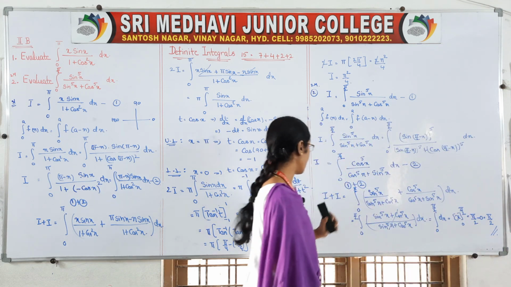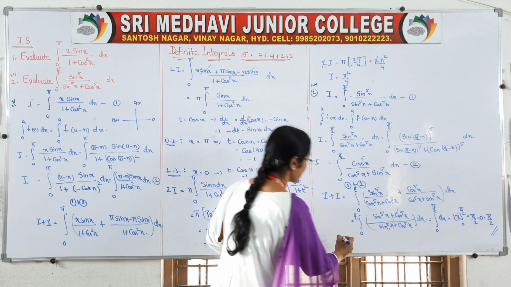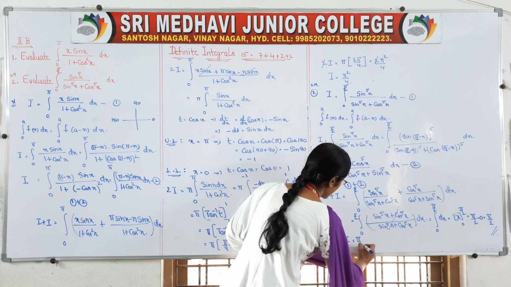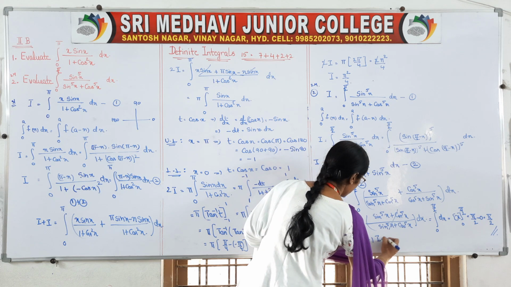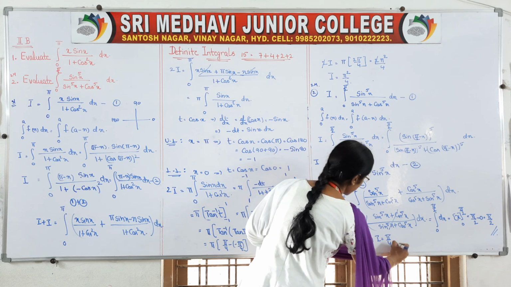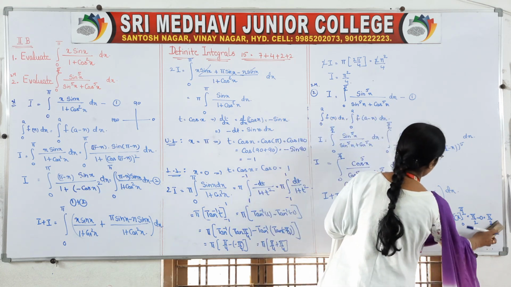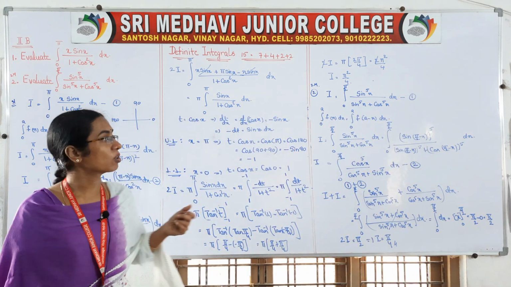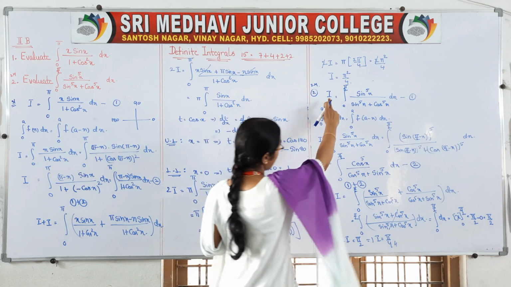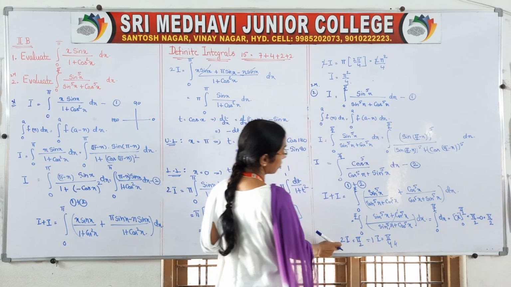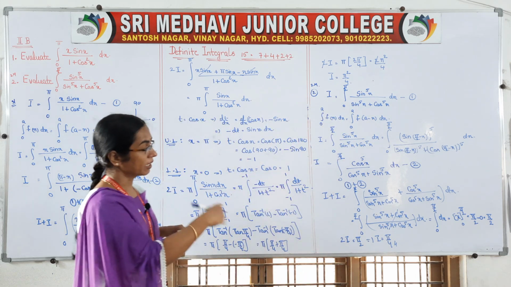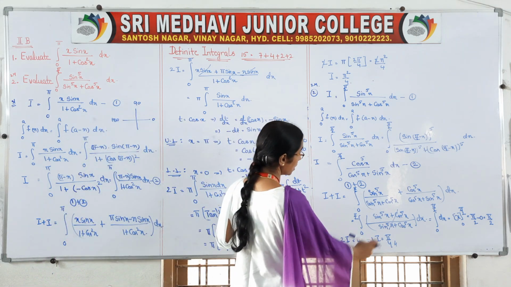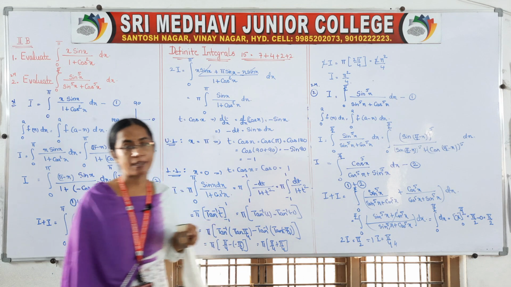That is the answer. It is 2I, so be careful. 2I is equal to pi by 2, so I is equal to pi by 4 is the answer. Actually we got the value as 2I, but in the question we have taken that as I, so at the end we have to get our I value. Send this 2 to that side. Already downwards 2 is there. 2 times 2 is 4. That is your answer.